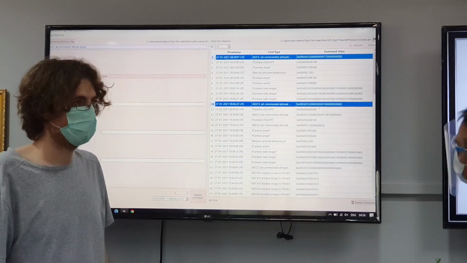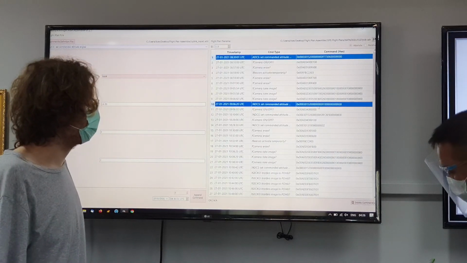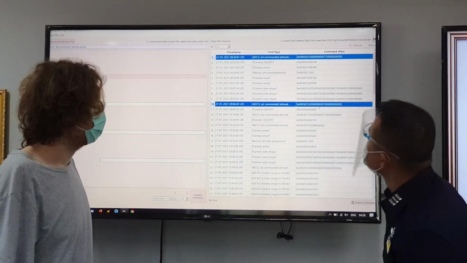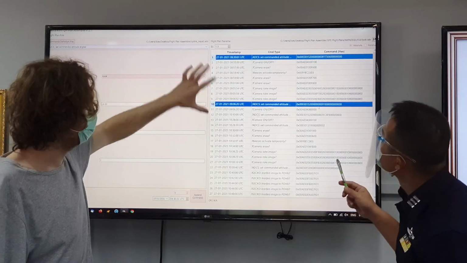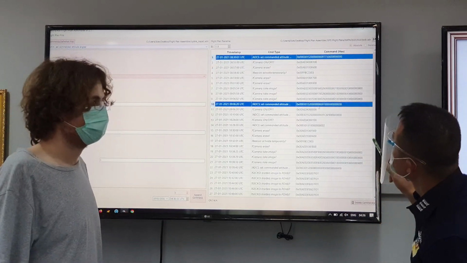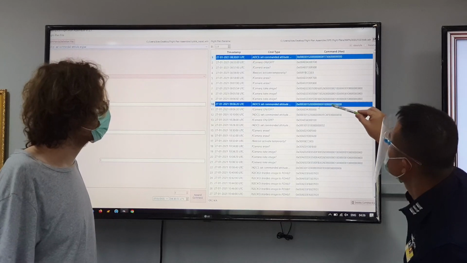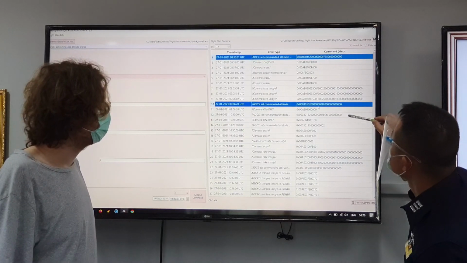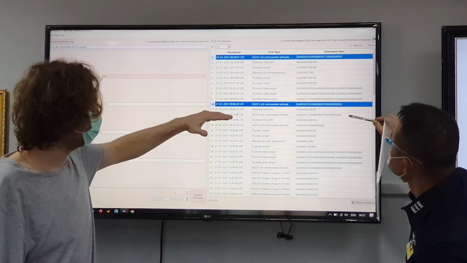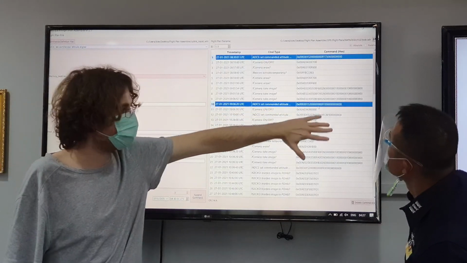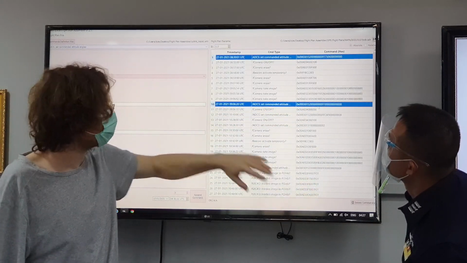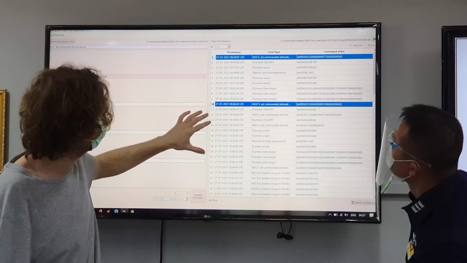Then we start with the second image. From here, we are starting with another image.